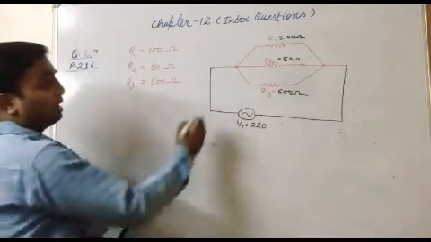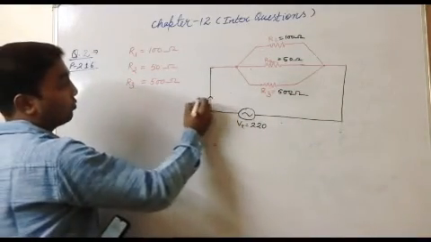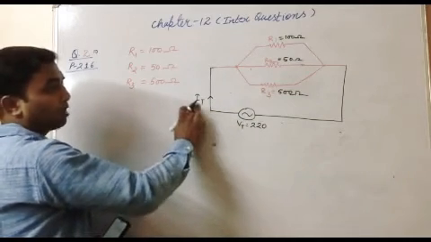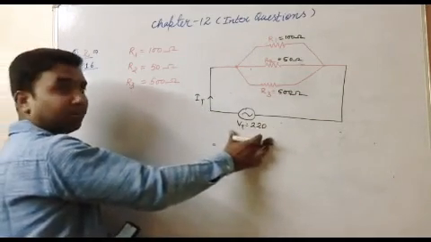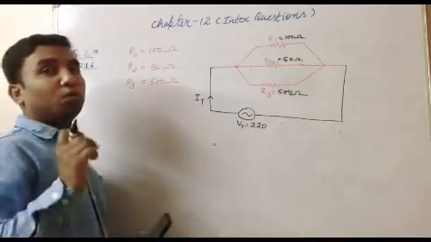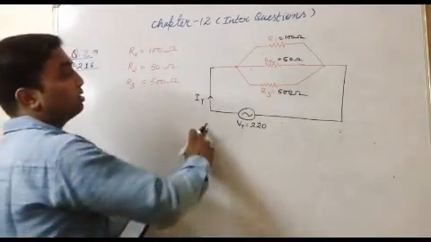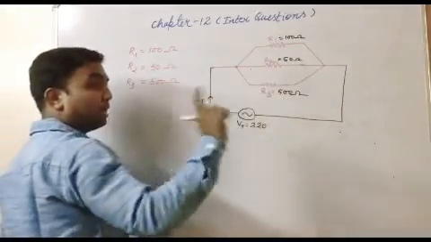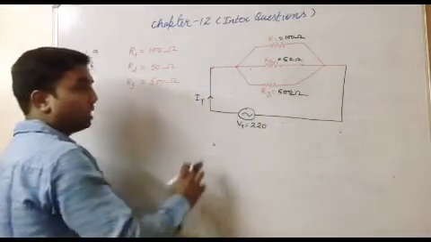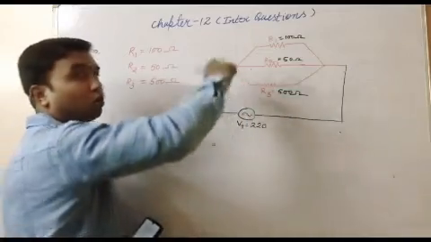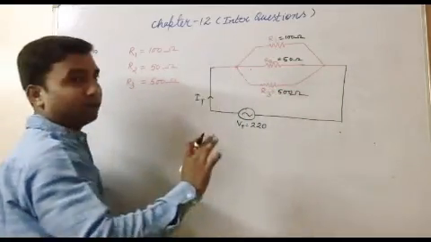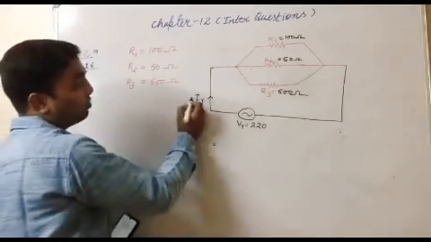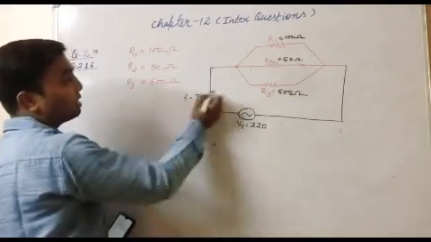Now what is the question? In the question they are asking what current will flow from here? IT, because this battery is connected. Now what is asked is, if in place of these three appliances one electric iron is used, what would be the current drawn by the electric iron? Okay, so how can we calculate? First of all, we'll find the value of IT, the current flowing in the circuit.